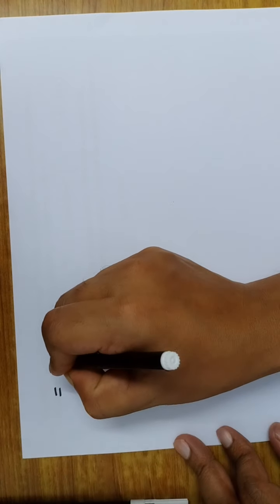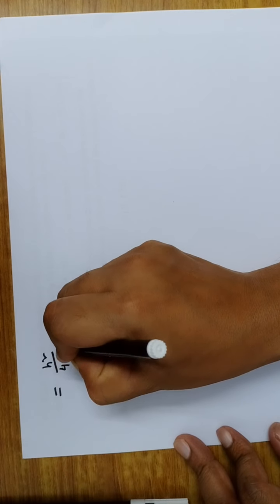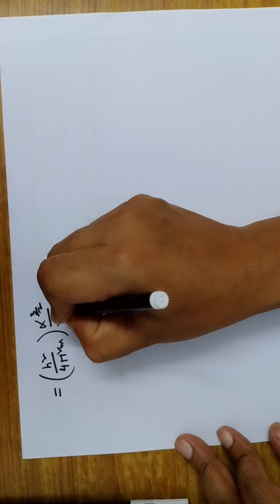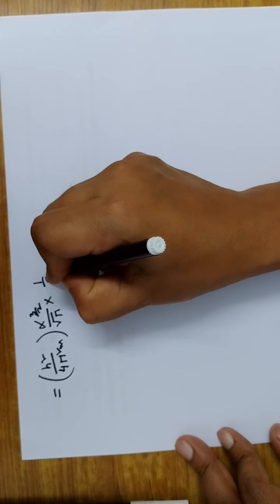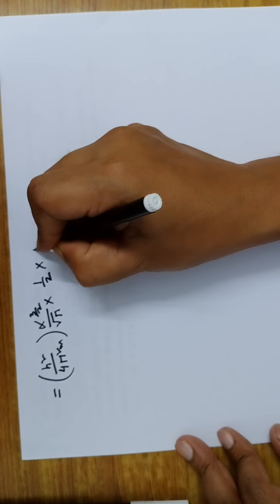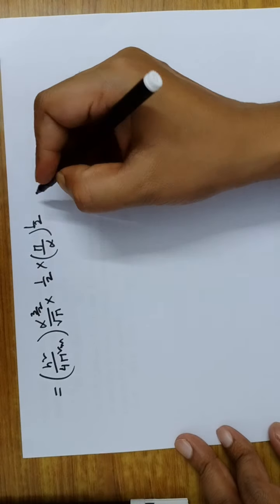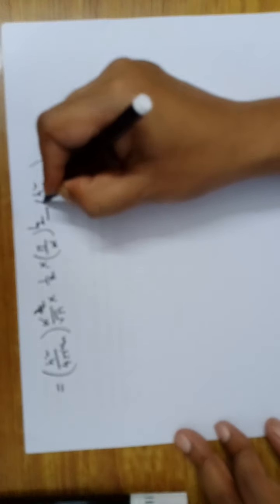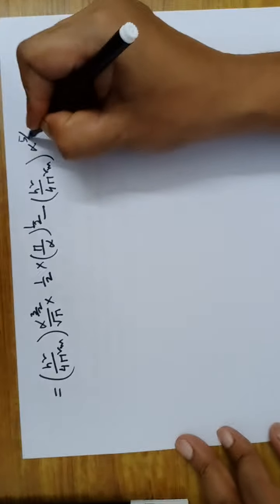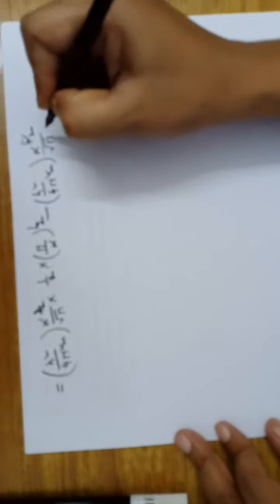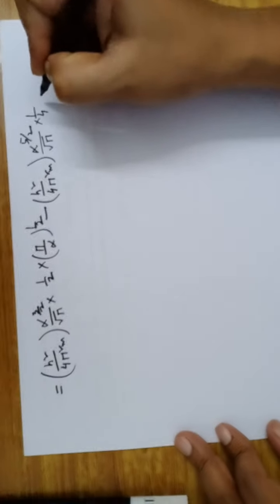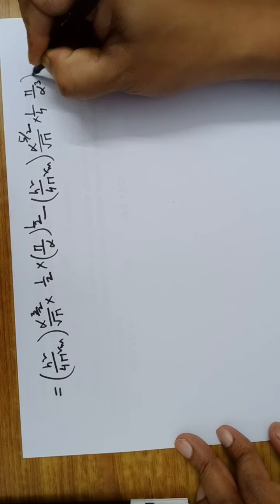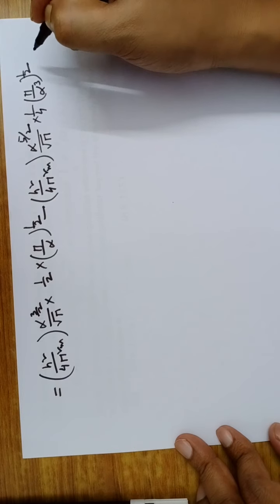Equal to h square by 4 pi square m into alpha to the power 3 by 2 by root pi into half into pi by alpha to the power half, minus h square by 4 pi square m into alpha to the power 5 by 2 by root pi into 1 by 4 into pi by alpha cube to the power half. Okay,